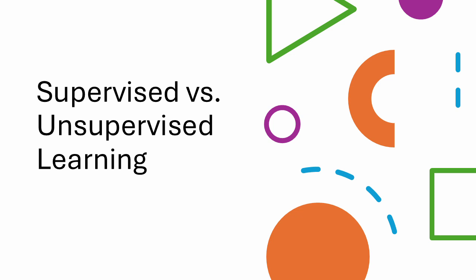Absolutely. It's always good to take a step back and ensure we're all on the same page. So just to recap, supervised learning is about learning from labeled data, making predictions, and having a teacher guide the process. Unsupervised learning is about exploring unlabeled data, discovering hidden patterns, and letting the algorithm make its own connections. That's a perfect summary. And with those core concepts in mind, we're ready to dive into the amazing ways these techniques are shaping our